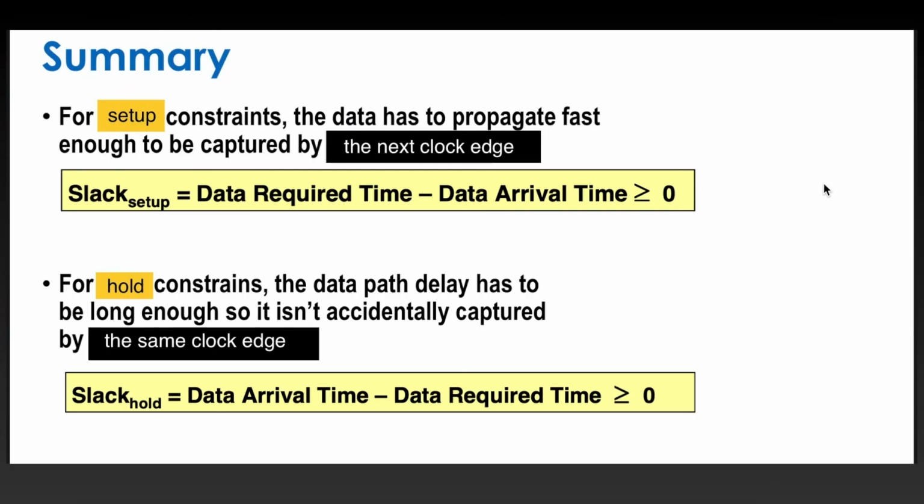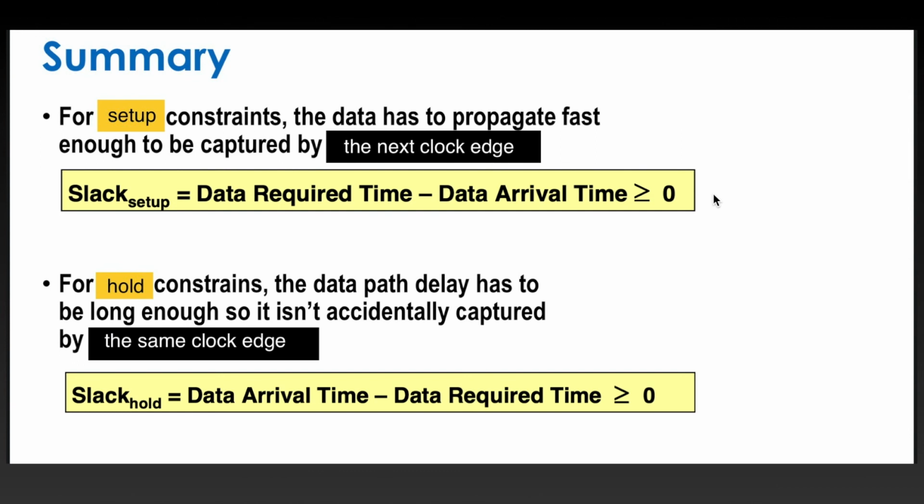To summarize, for setup constraints for a single cycle check, the data has to propagate fast enough to be captured by the next clock edge. And we calculate the slack for setup by subtracting the data arrival time from the data required time, and this should be greater than or equal to 0 for a timing path to meet the setup constraint. This sets the maximum operating frequency for the circuit. And let's say when you have setup failures in the design,